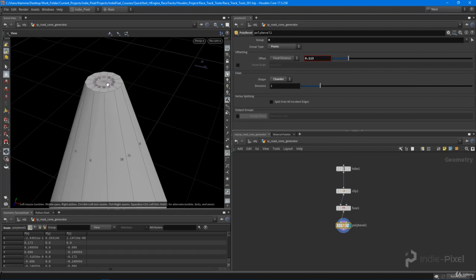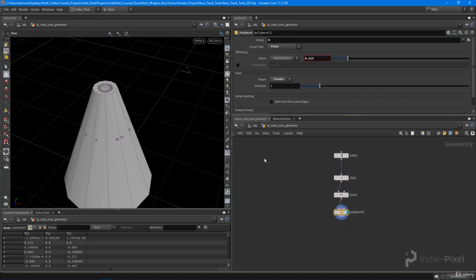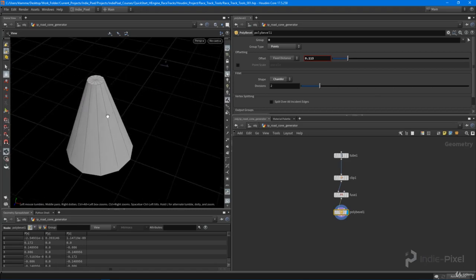So we can turn on our primnums. All these primitive numbers up here, we can put into a group. We call it bevel prims, or we can change the name. We can call this the top, like so. And then we can actually view that just to verify that we have those primitives in that group